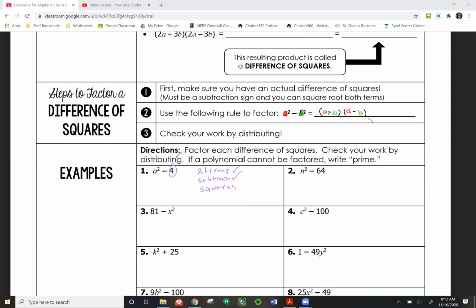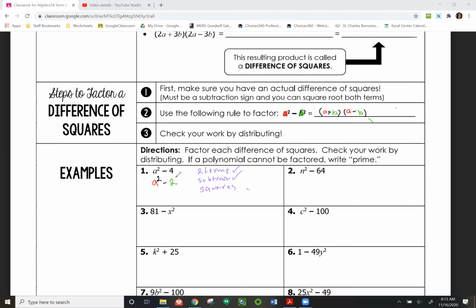Can't you write 4 as 2 squared? Okay, it's the same exact thing. So we have, instead of saying a squared minus 4, I'm going to say that I have, and I'm going to do a little color coding here, a squared minus 2